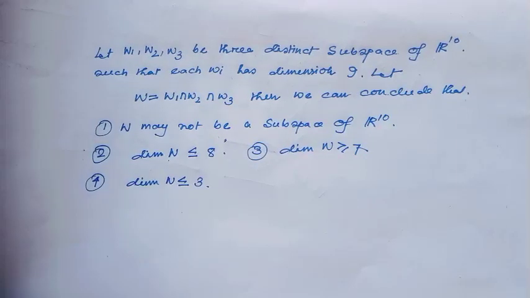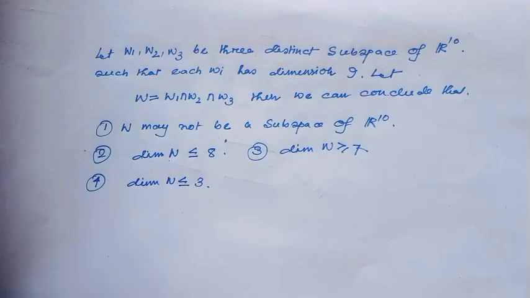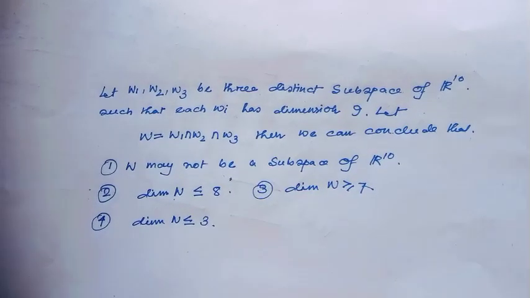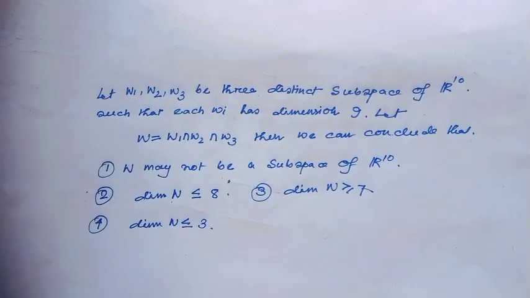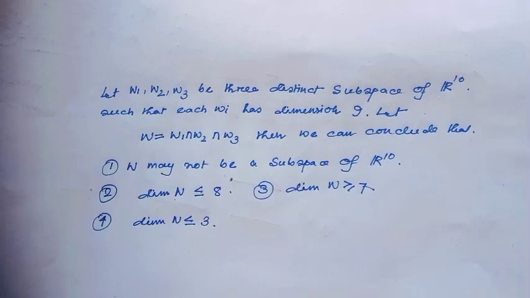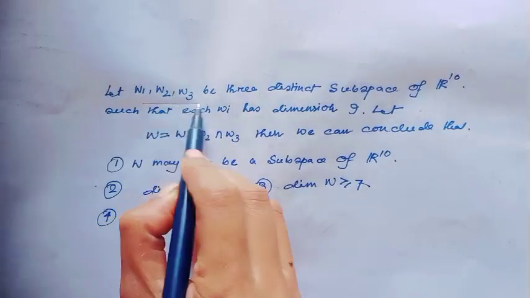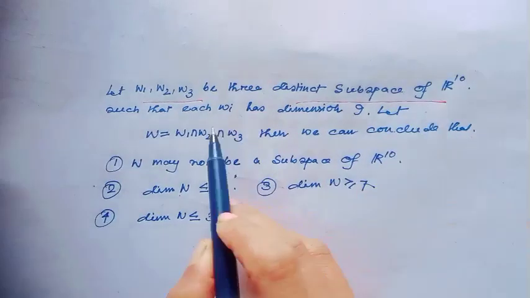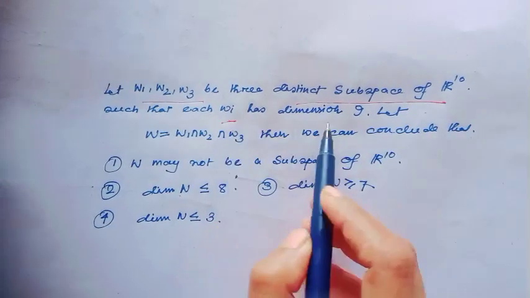Some basic questions of linear algebra as a review. First question, based on subspaces. The question is: consider W1, W2, W3 to be three distinct subspaces of R10 such that each Wi has dimension